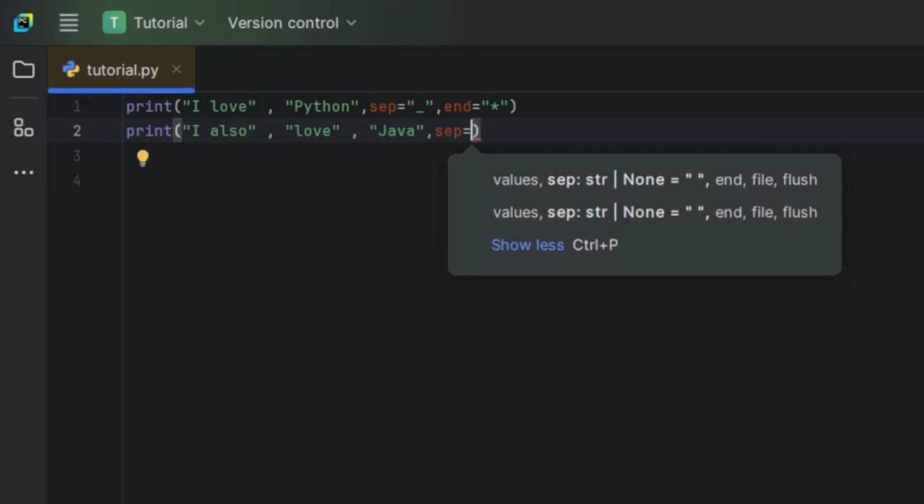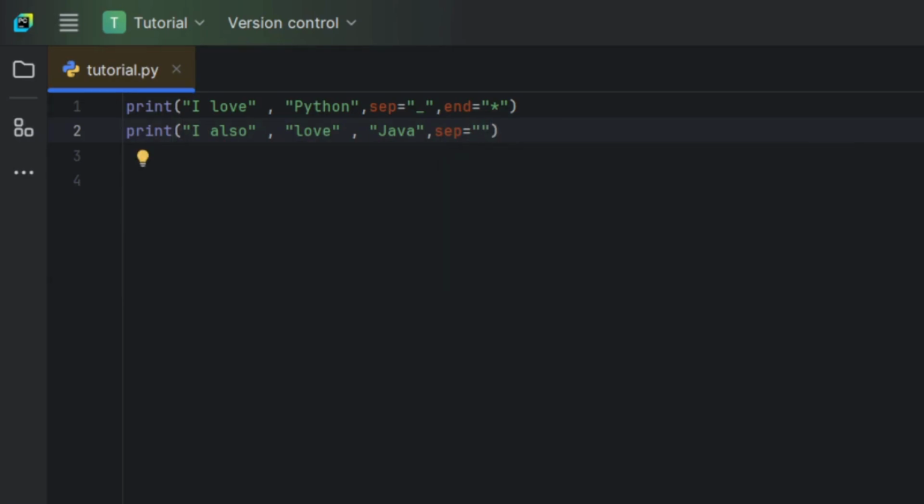Now we can also choose another sep value over here. For now, let's take the plus symbol and end will be nothing. Well, an empty space. Now let's print it.